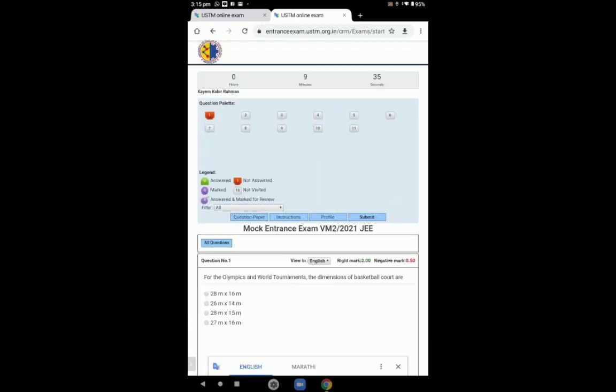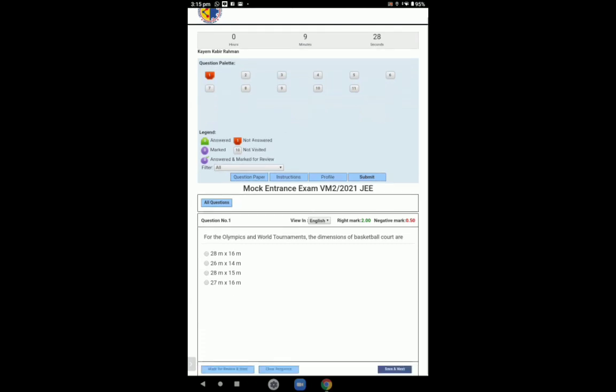So the first question is red mark and all are gray color. That means only question number 1 we have seen but did not respond yet. For example, this question number 1, we left it without selecting its answer. We can directly go to question number 2, 3 or 9, whatever you want. You can directly land on that question number. You just click on that question number 4, then question number 5, question number 6. In which question you click, it will go to that question. But let's begin from this question number 1.